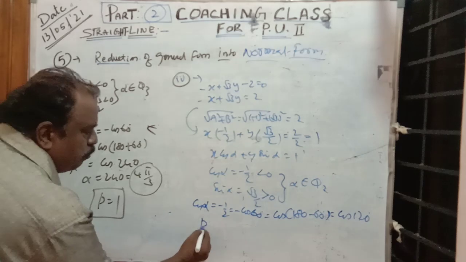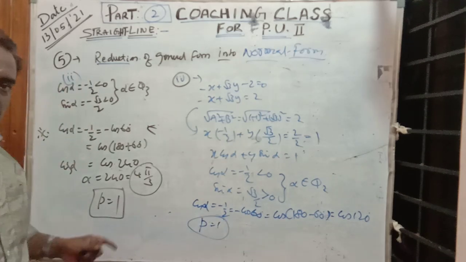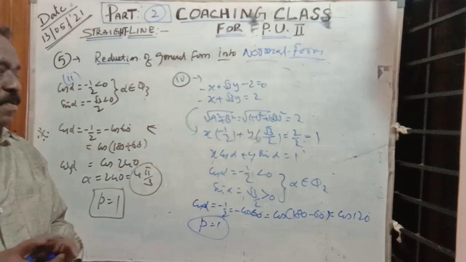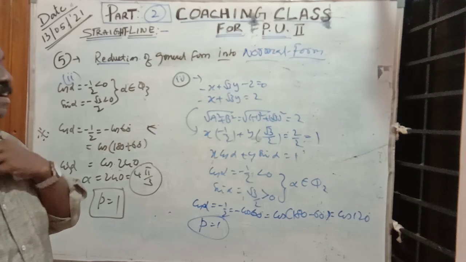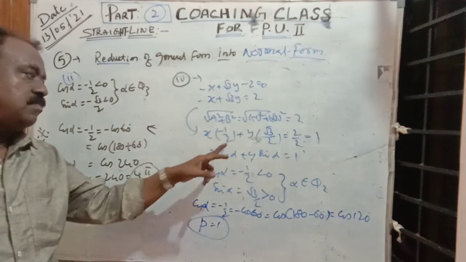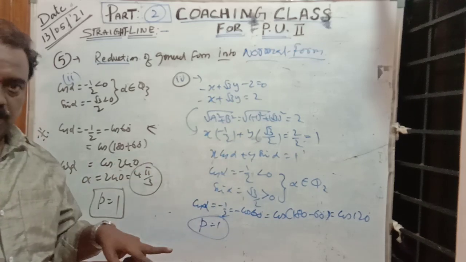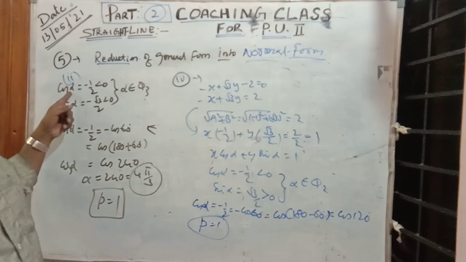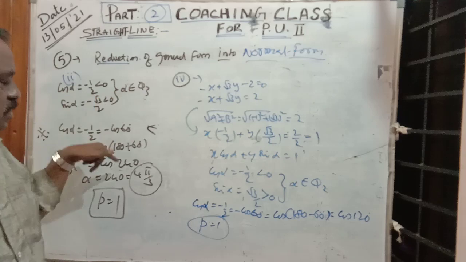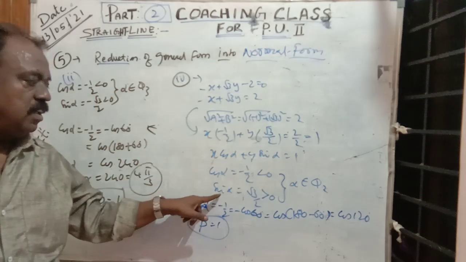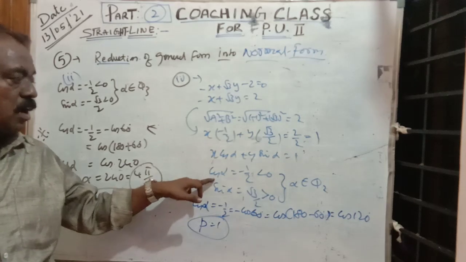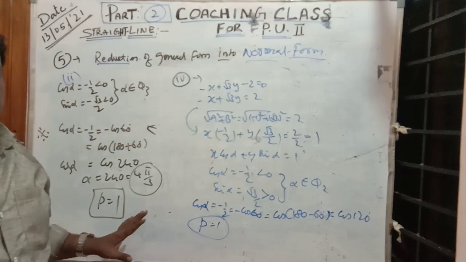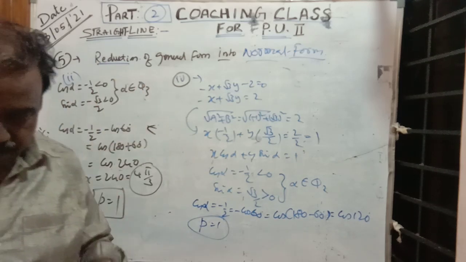Here also p is equal to 1. The length of normal is the same everywhere. But according to the coefficients, that a and b, it is based on the quadrants, that is the values of cos and sin. Both are positives, first quadrant. Both are negatives, it is the third quadrant. Cos is negative, sin is positive means the second quadrant. Suppose cos positive, sin is negative means it is the fourth quadrant. Everything I discussed. Okay? Like this. Please practice.